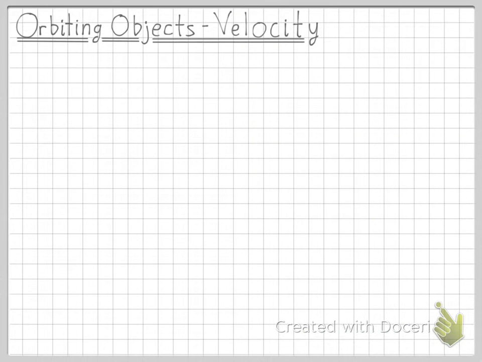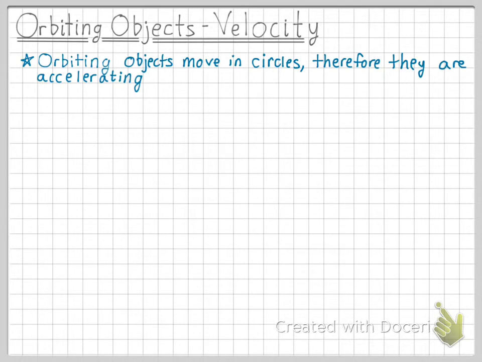This video covers how to find the velocity of an orbiting object. An orbiting object moves in a circular path around a larger object. Since it is moving in a circle, it is constantly changing direction, therefore it is always accelerating. We already covered this kind of centripetal acceleration earlier in the year, and it is defined by the equation a